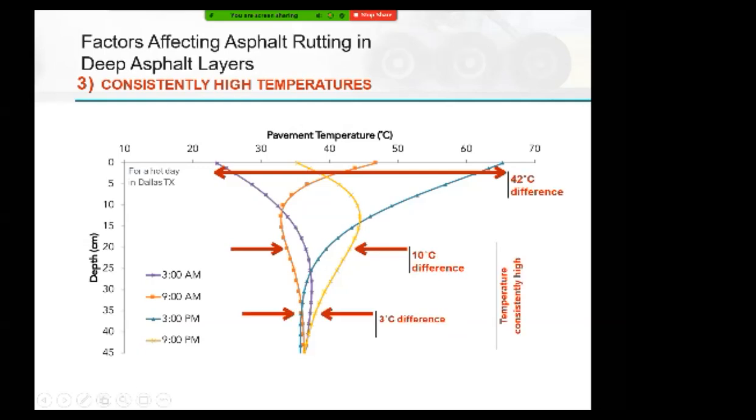If you go even deeper, to about 35 centimeters where the binder layer is, the average temperature is about 35 degrees C, but guess what? It's going to last 24 hours at 35 plus or minus 1.5 degrees Celsius, meaning high temperature is going to stay there the whole day and the day after that. So you have a high temperature, even if the load is smaller, but the high temperature is always there. And that's going to soften the mix. And this is a game changer. The fact that temperature is very high at the bottom for a long time is going to kill you because of that extended time with high temperature.